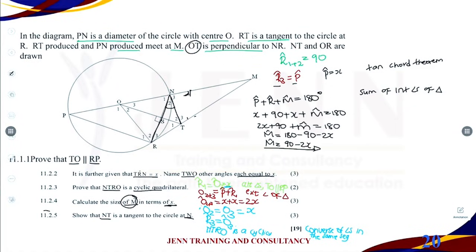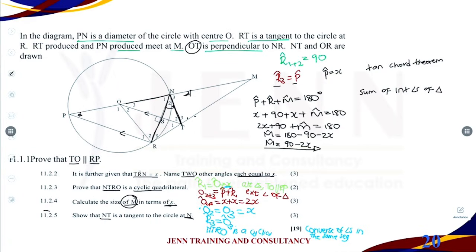So I will have to prove that angle N2 is equal to angle what? Angle P. If I could prove that angle N2 is equal to angle P, I will definitely know that NT is a tangent to the circle. Now remember, previously you have proved that this line is parallel to this line. You have also proved that